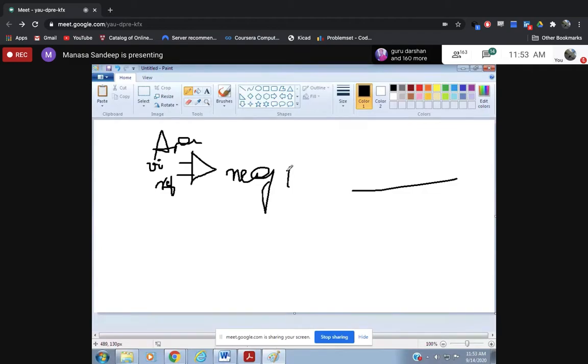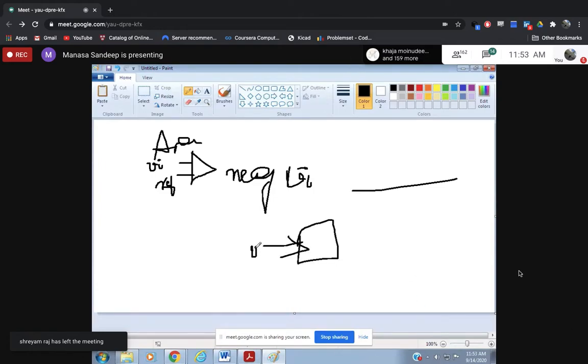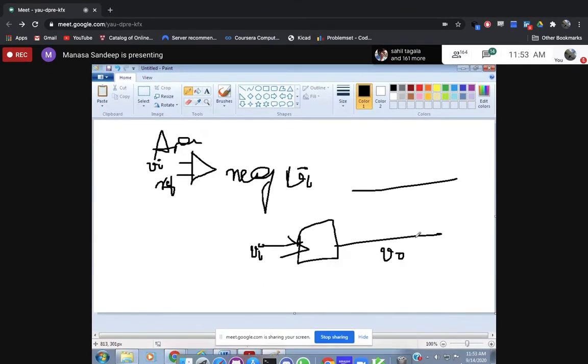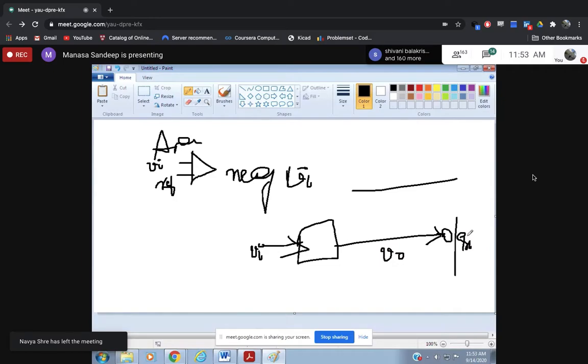when you apply negative feedback, what do you mean by feedback? Feedback is: you have some circuit, you apply some input to it, you will have some output, correct? So what do you mean when a circuit has some feedback? Here you will have the output. This you may send to the outside world. Okay, so along with sending the output to the outside world, some portion, not completely, some portion of this output is fed back to the input. Are you getting this?